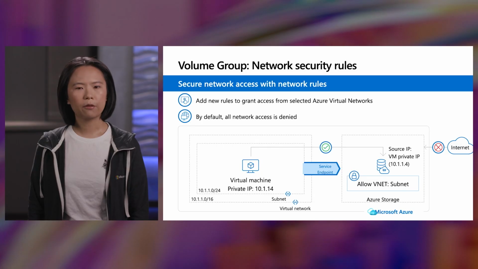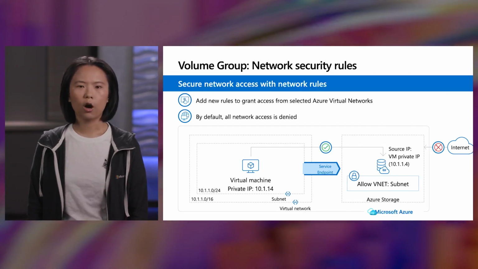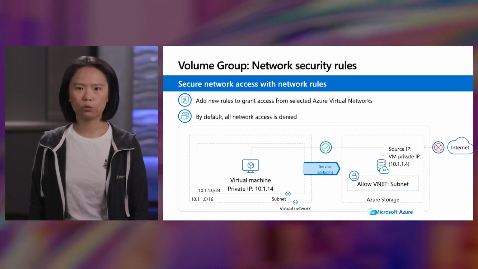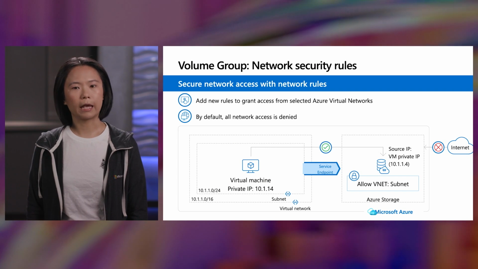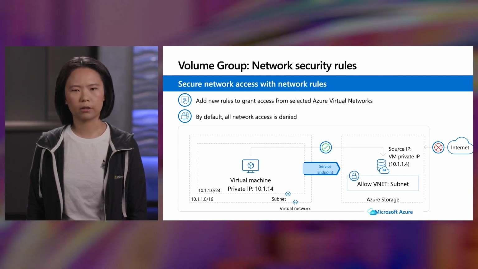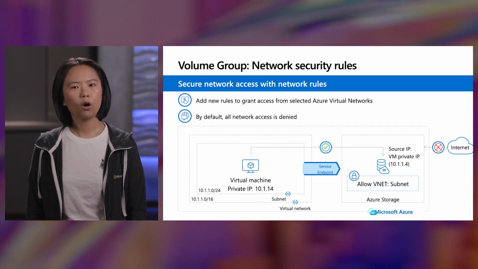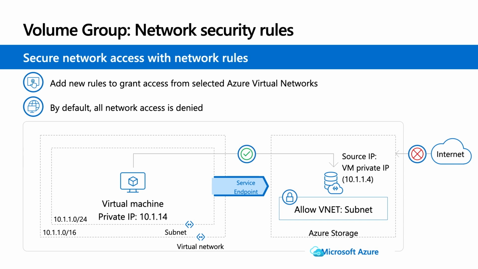In public preview, we leverage network security rules to lock down client access to volumes. By default, all network access to volumes under a volume group is denied. So you don't run into the risk of deploying volumes that are open to public access. You can configure network security rules to grant clients from a specific virtual network access to the group. For instance, your volumes are deployed for an AKS cluster. You can add a rule to unblock network access from the virtual network AKS is deployed in. Then all clients from this virtual network can connect to any volumes in the group over iSCSI.